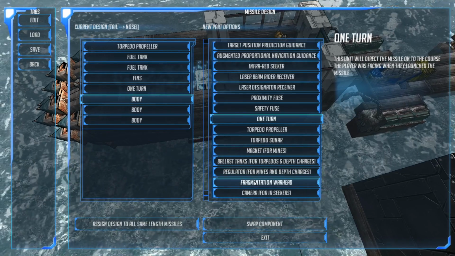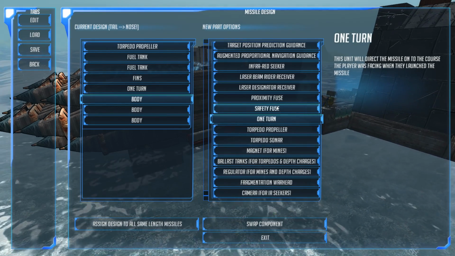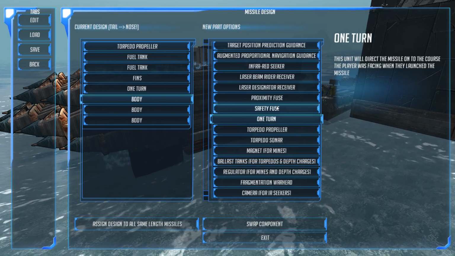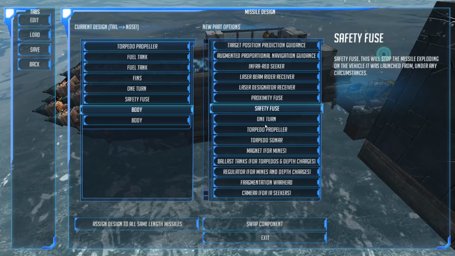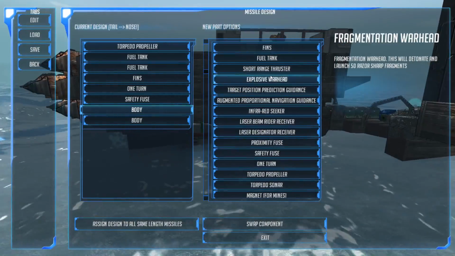But we want warheads. Actually, I could perhaps use the safety fuse. I'm going to have 4 missiles launching from this. Maybe it would be wise, actually. Yes, okay, we'll go with the safety fuse as well. Right, fragmentation warhead. You've got 2 types of warheads. Explosive,